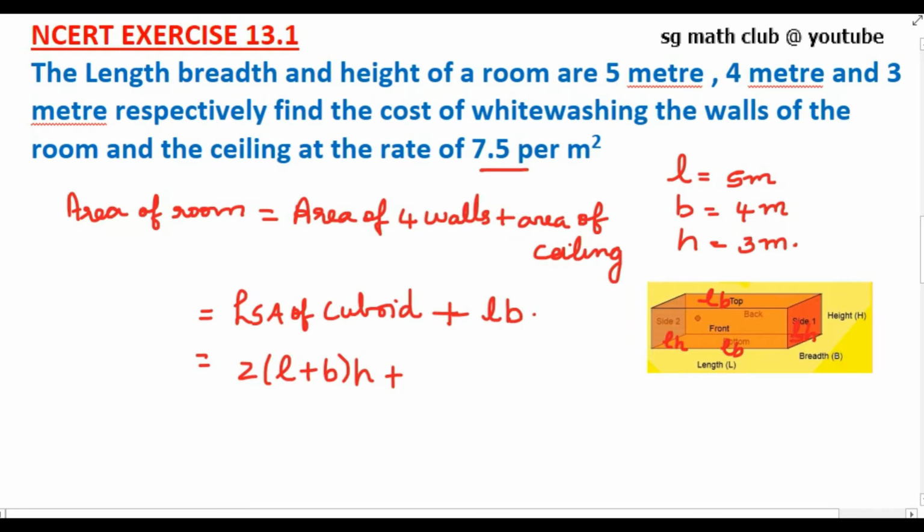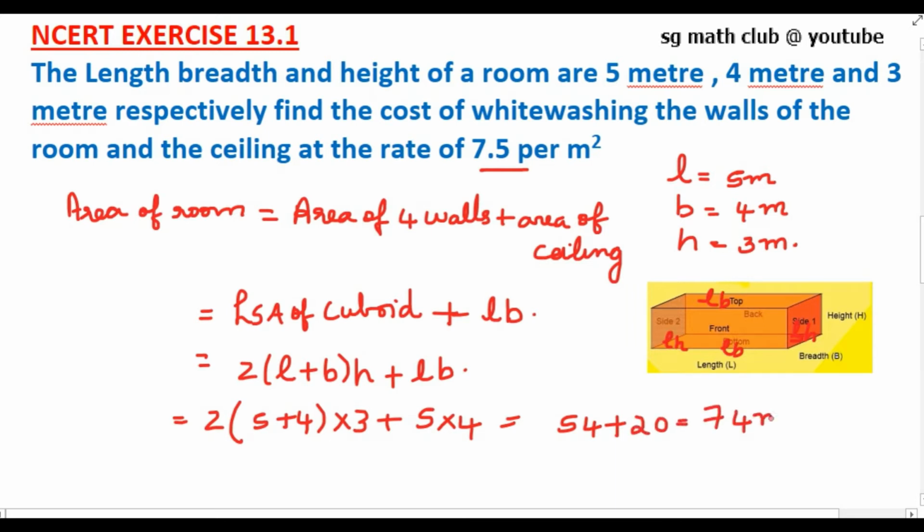Since we need to find the area of the ceiling, we have to add LB. Now we will substitute the values. 2 into (5 plus 4) into 3 plus LB, that is 5 into 4. Which is equal to 2 into 9 into 3, that is 2 9s are 18, 18 3s are 54. So you can write 54 plus 20 is